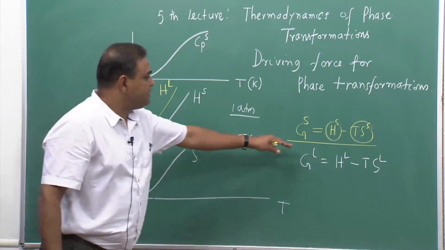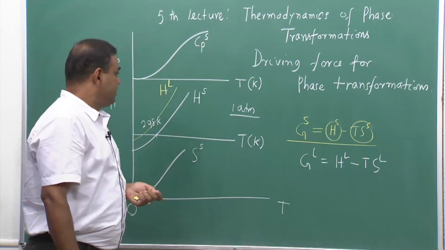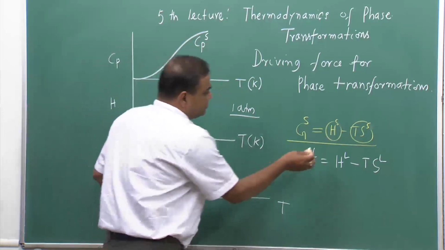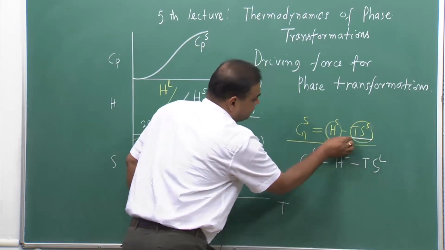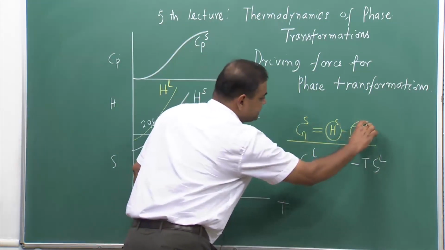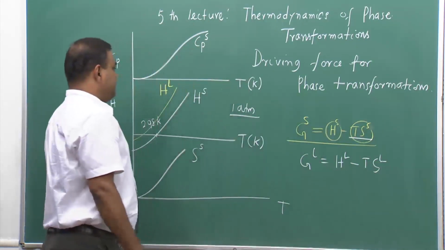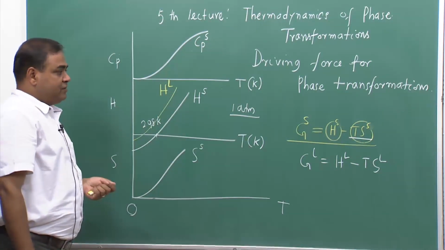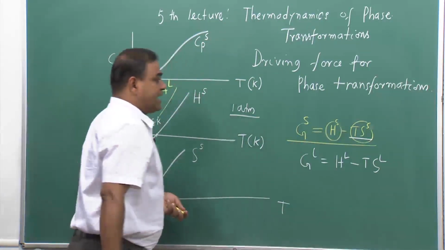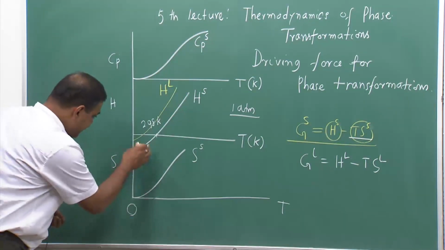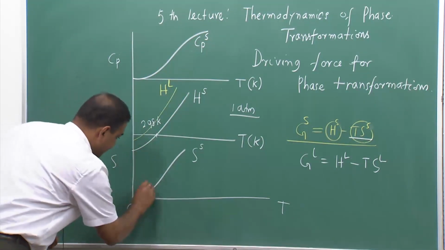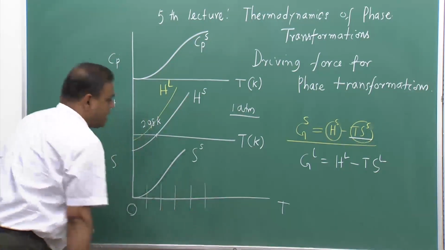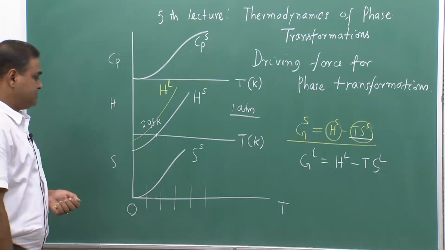Now, once we have this information, we can also accommodate these Ts terms along this line with a negative sign. We can accommodate that. Now, at each temperature, if I take each temperature, I would be able to find out